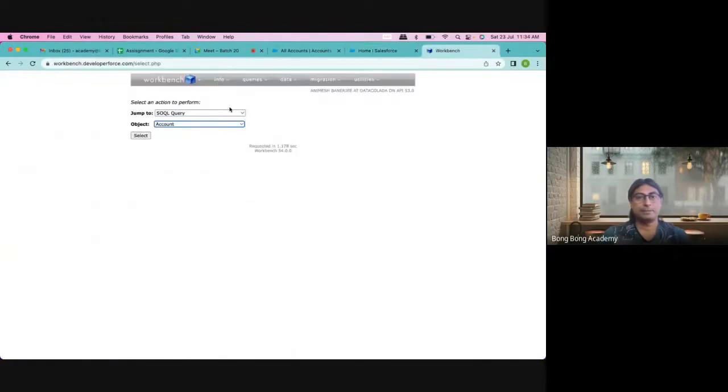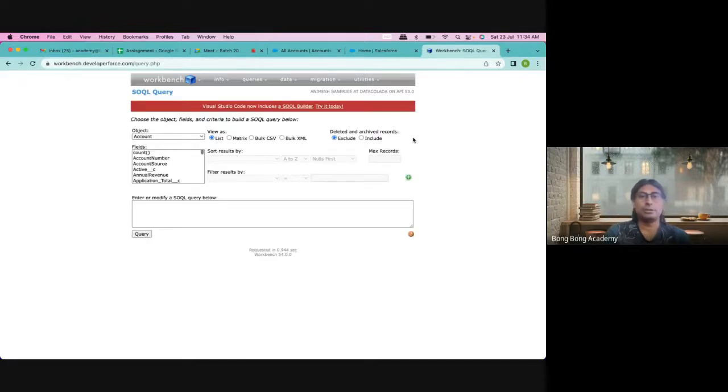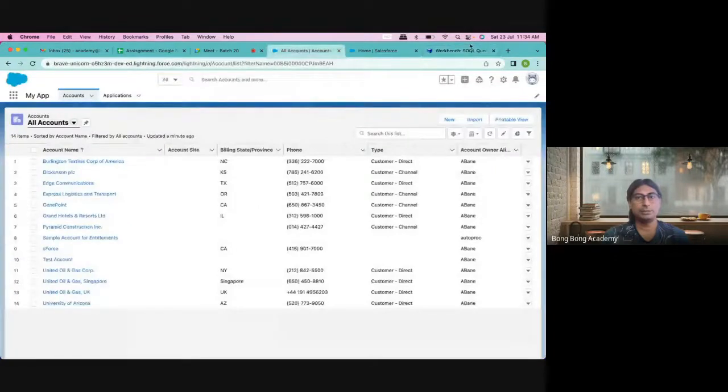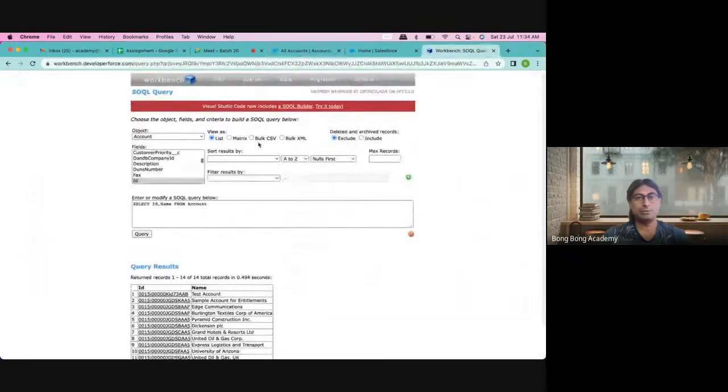Yeah. So here, SOQL account. This allows you to create a query. SOQL is Salesforce object query language. You don't have to learn this. This query builder is giving you the query. You just need to select stuff and it will bring the query. You can type it also here if you want. From account, right now I am only taking the name field. I can use the control key to select other fields. Very important is the ID field, right? And I query. You'll see that there are these 14 records, which I was saying in the list view, exactly is showing up here. I can download this as